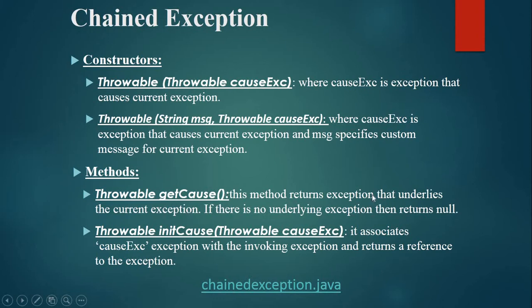getCause returns the exception that underlies the current exception. If there is no underlying exception, then it returns null. If any exception is there, then it will return its cause. The second method is Throwable initCause. It associates the cause exception with the invoking exception and returns a reference to the exception, which we will learn by